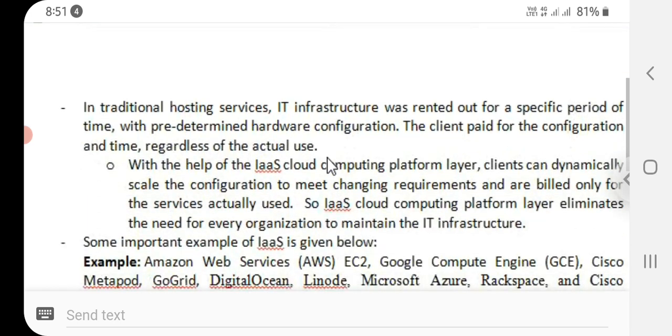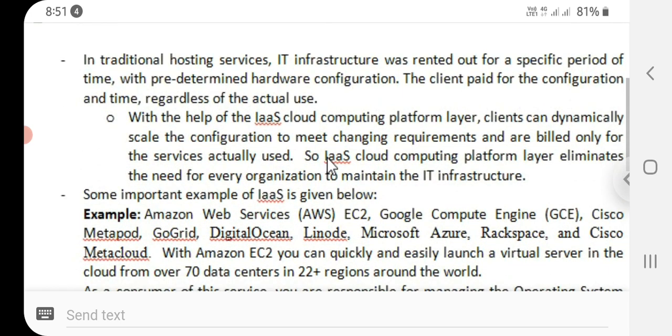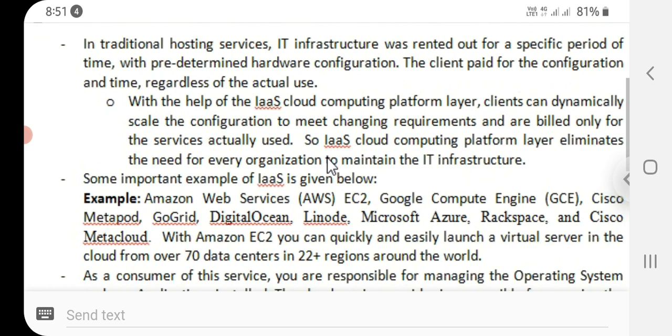In traditional hosting services, IT infrastructure was rented out for a specific period of time with predetermined hardware configuration. The client paid for the configuration and time regardless of the actual use.